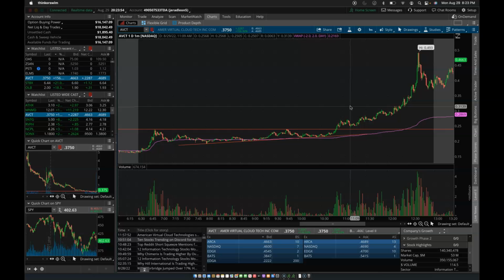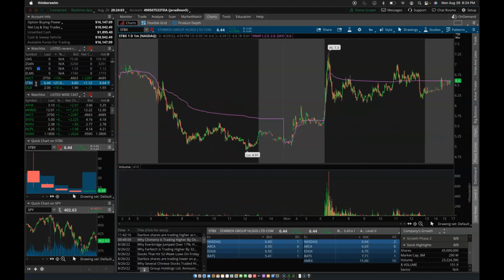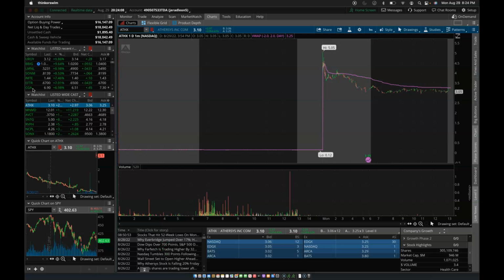Ended up green like $72 or something like that after the $40 loss this morning. So really nice play there. There was another one. I didn't play anything else, but I was watching